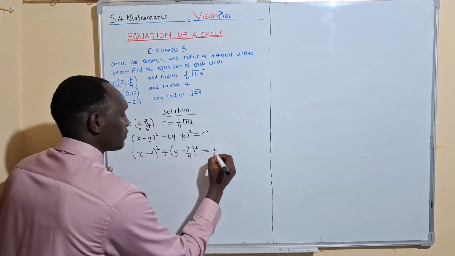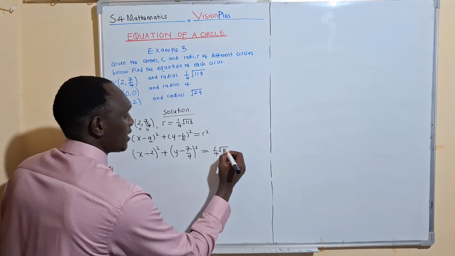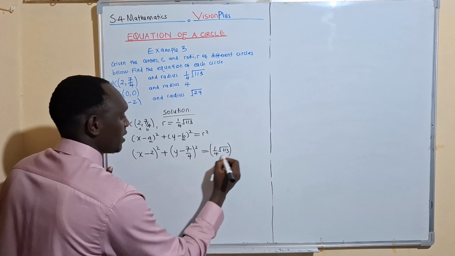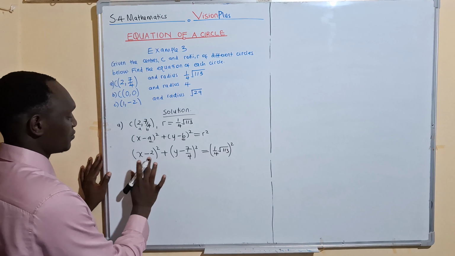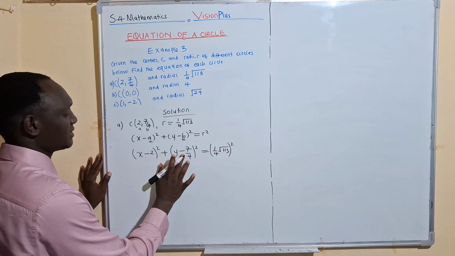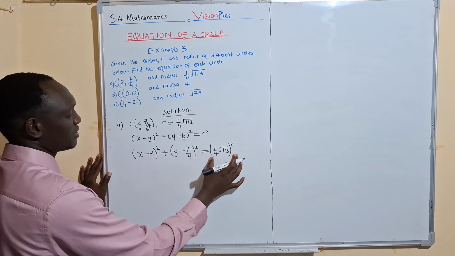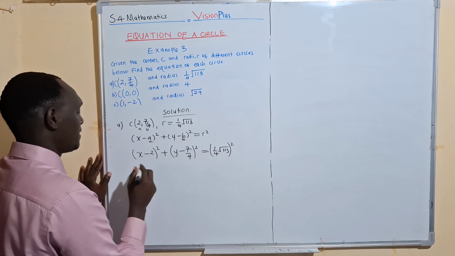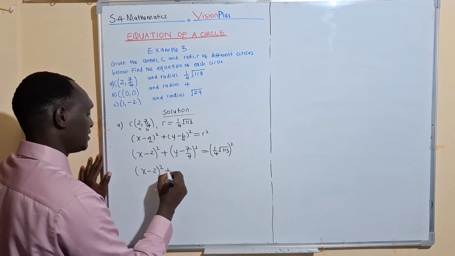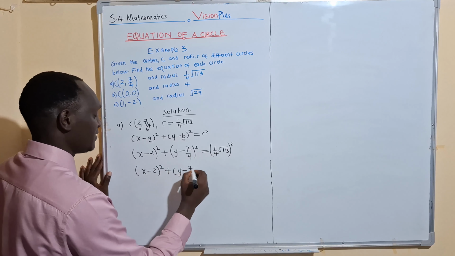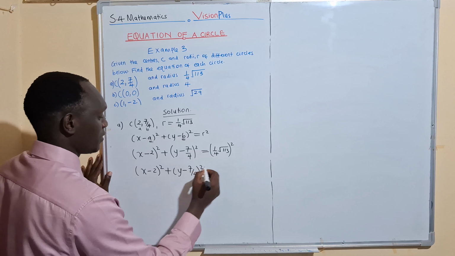Our r is (1/4)√113. But remember, we are squaring r. So this side is okay because we have single signs in the brackets. Now the only part we need to simplify is this side. So now this gives us (x − 2)² + (y − 7/4)²